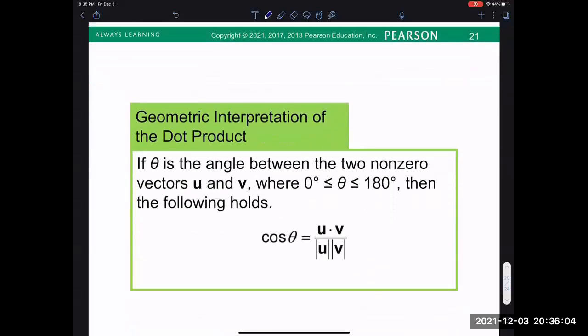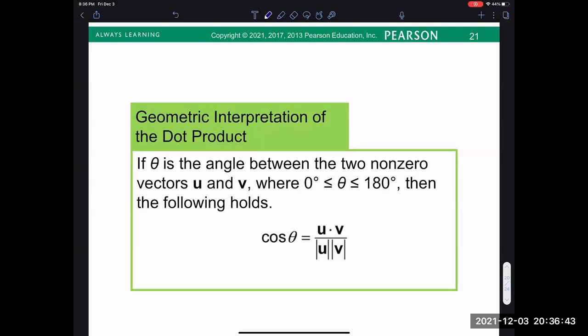All right, and then last but certainly not least, the last big thing we want to look at is the geometric interpretation of the dot product, which basically just gives us a little equation in vectors that results in the cosine of an angle. So let's just take a look at what it says. If theta is the angle between the two non-zero vectors u and v, again, imagine those sitting at the origin in terms of where they begin and finishing at some coordinate points A, B, and C, D,